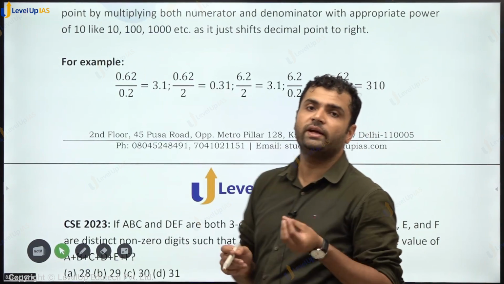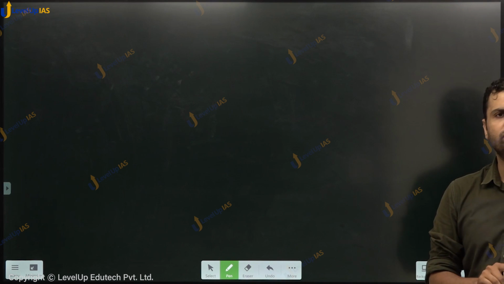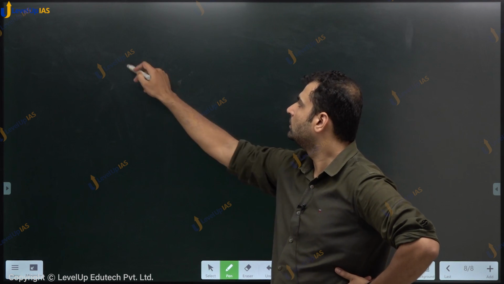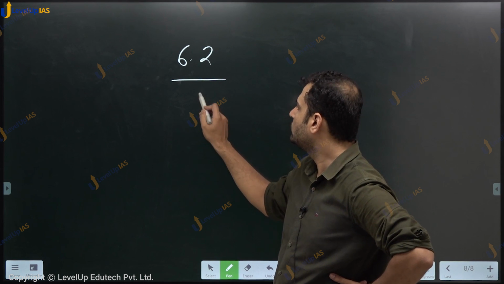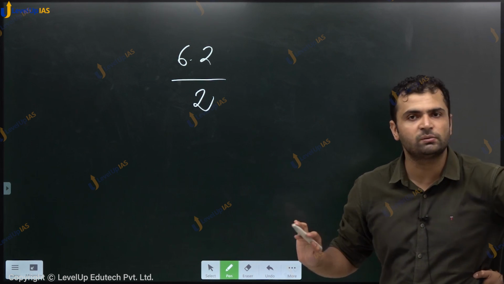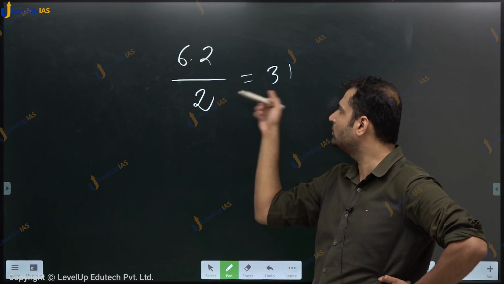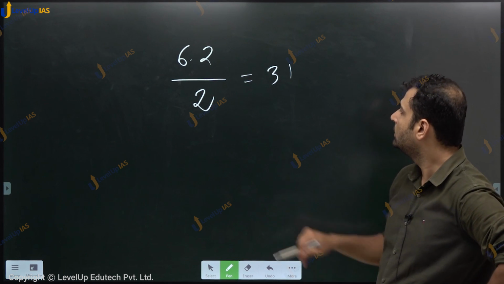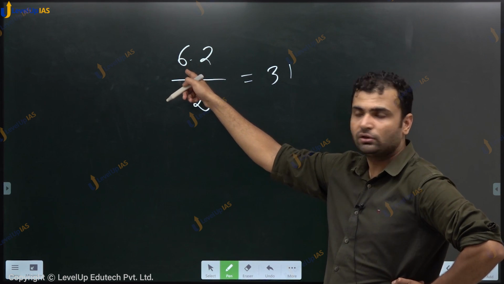Then dividing with decimal points. This is also a very important operation. Let me tell you how to do it. You can do either of two things. I will show you. 6.2 divided by, let us say, 2. One thing you can do is forget about the decimal sign and divide. Decimal sign को छुपा दो, तो 62/2 31 हो जाएगा. And where to put the decimal sign now? You put the decimal sign at the place here. There is 1, so you put the decimal sign here.